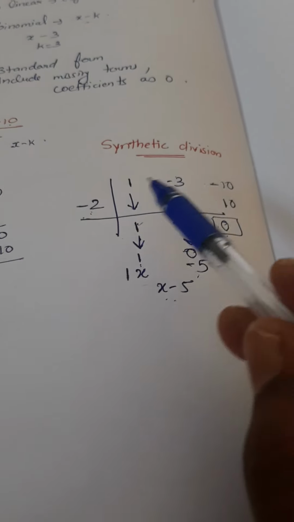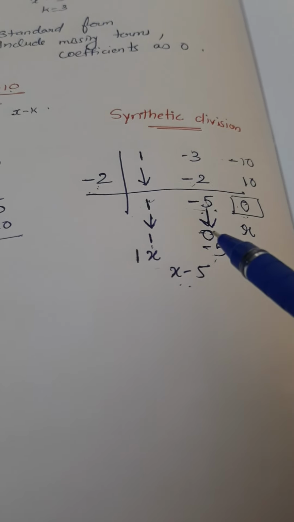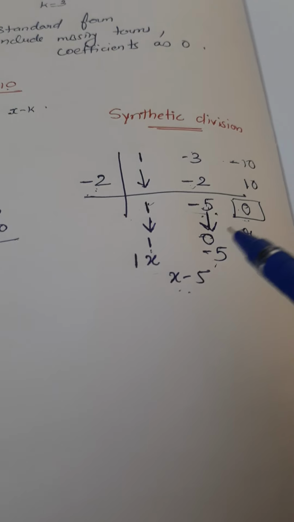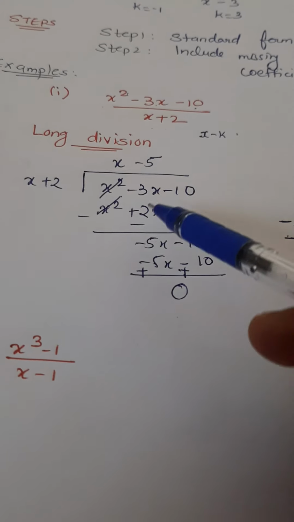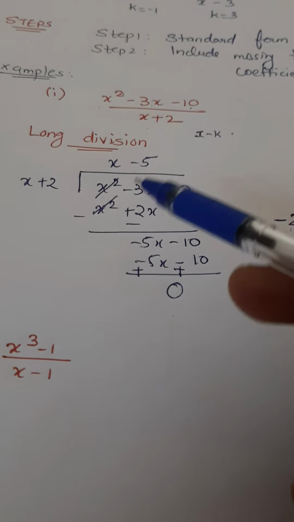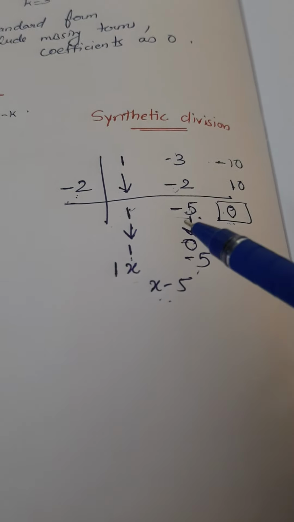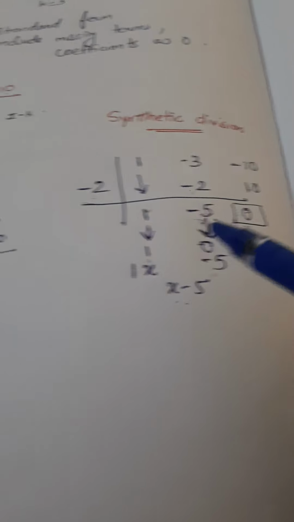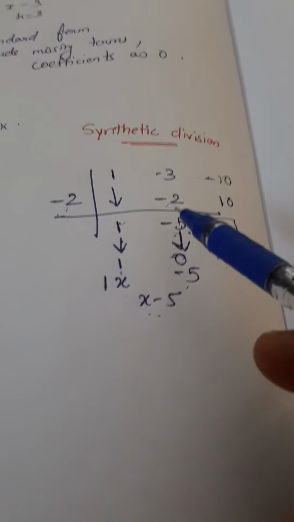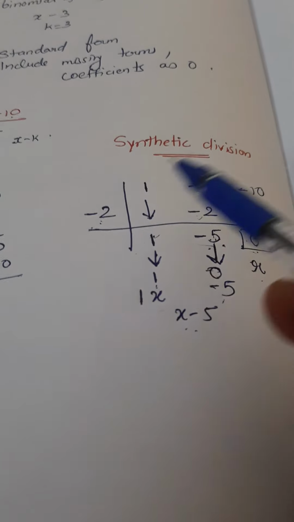First, the synthetic division method is easy to use. It is quick and occupies less space. It's also less complex, because in long division you have to include the variable parts also, but here only the coefficients are included. So it is easier to deal with coefficients rather than having the variables also. And here, subtraction is used in long division, but in synthetic division just addition of two numbers is used, and addition is always easier than subtraction. Moreover, it occupies less space.